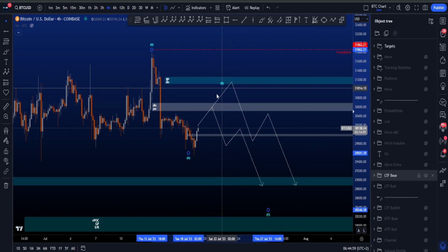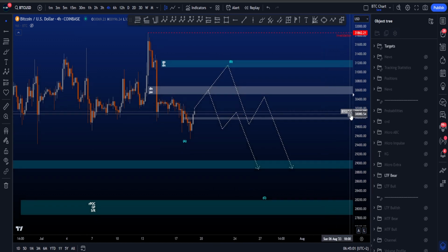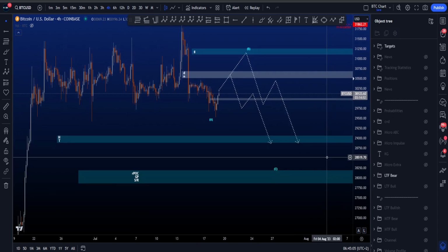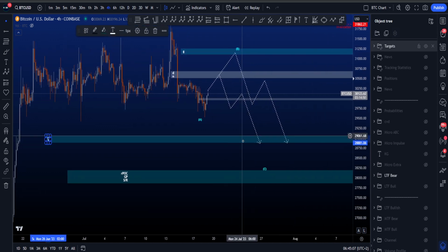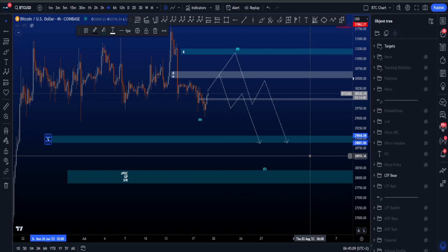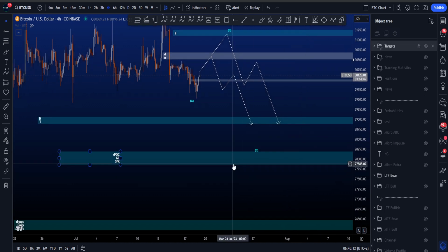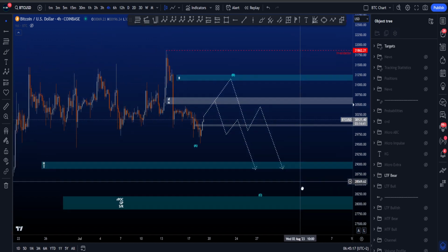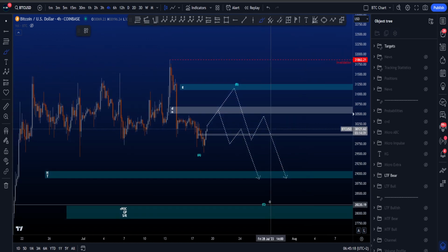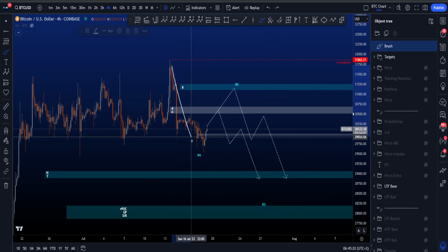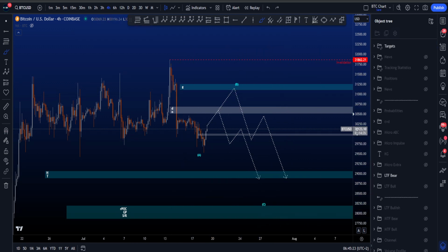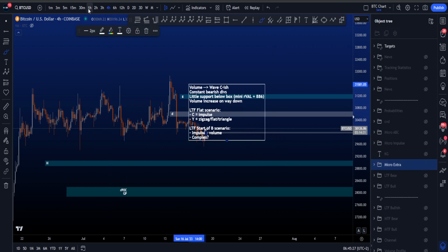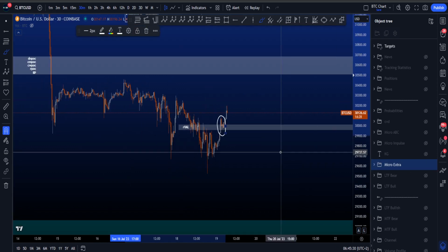And depending on the high of this wave B, we can then estimate a potential C towards the downside, where two important areas that I am looking for are the target area over here around 28.8k to 29.1k, and one below between 27.8k and 28.2k. This wave C has to be an impulsive structure as well, a 5-3 and then an impulsive C to the downside. If we go to the micro scenario, then I want to talk about this structure over here,